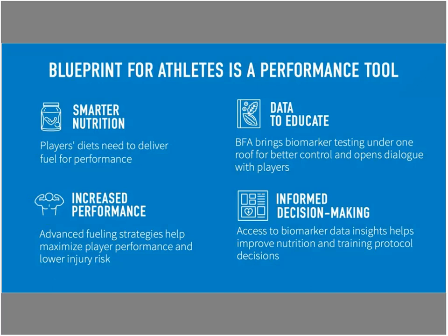So again, the Blueprint for Athletes for us is an absolutely critical performance tool in my practice as a sports dietitian. It helps me to illuminate to the athletes how the foods that they choose and the nutrient density and energy density of their diet can impact their ability to adapt and to sustain high levels of performance and to help them recover. I can use this Blueprint for Athletes program to really collate all of the athletes' data